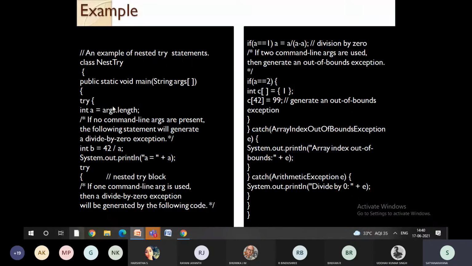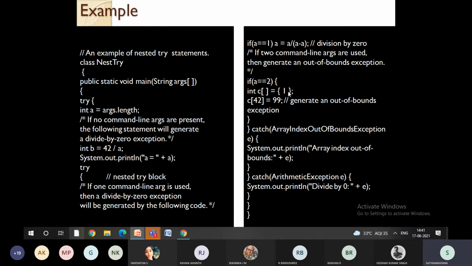Now, one try block I am writing for divided by 0. One try block I am writing for divided by 0 of this formula. I am writing another try block again divided by 0 for this formula. Then you can write again one more try block if you required for another formula, like out of bound exception.